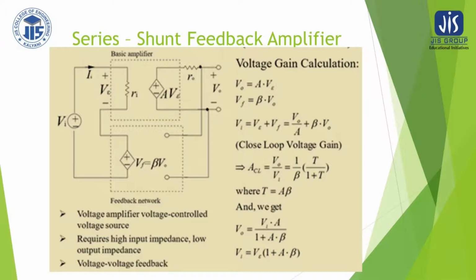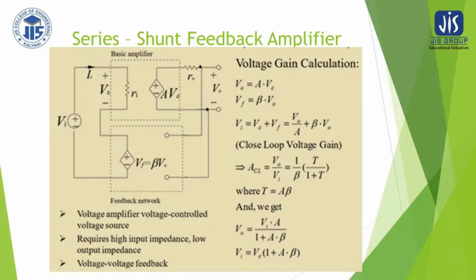or Vs is equal to Vi plus Vf, but instead of Vf we can write beta V0, because V0 is the output voltage and beta is the fraction. Multiplying these two quantities we get Vf, so instead of Vf we can write beta V0. Now in the output circuit you see what we are getting: V0 is almost equal to AV Vi, because R0 is very small, so therefore in the output we get V0 equal to AV into Vi. So this is equation 1 and this is equation 2.